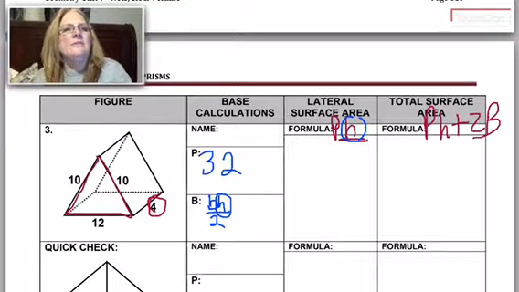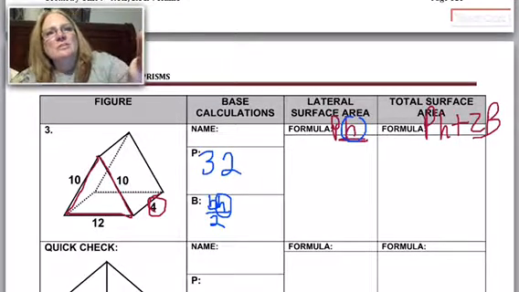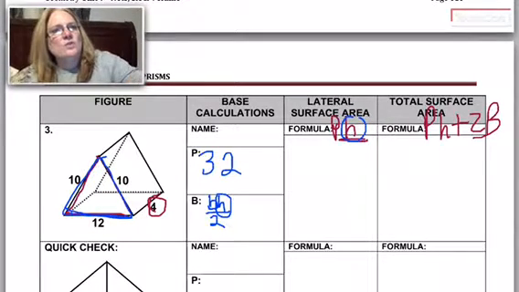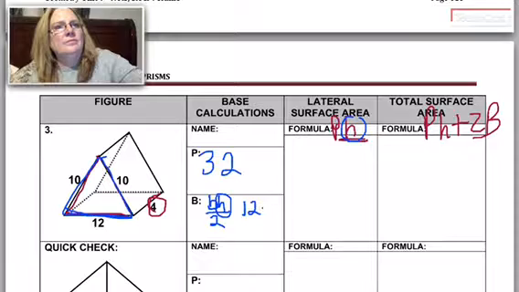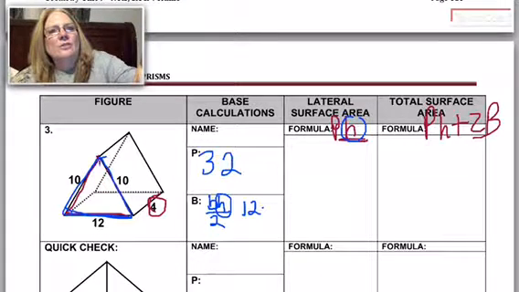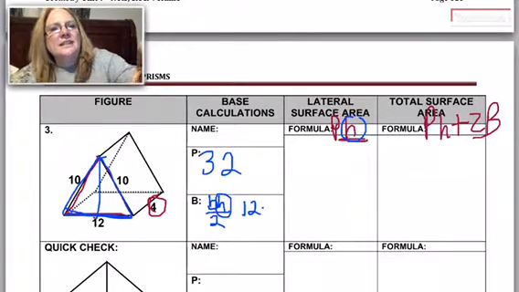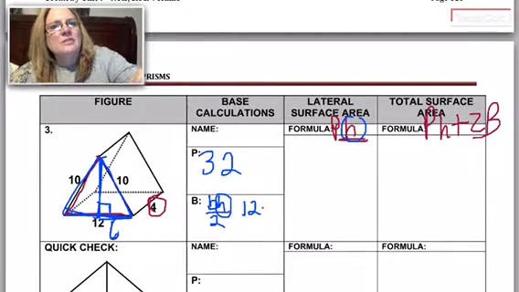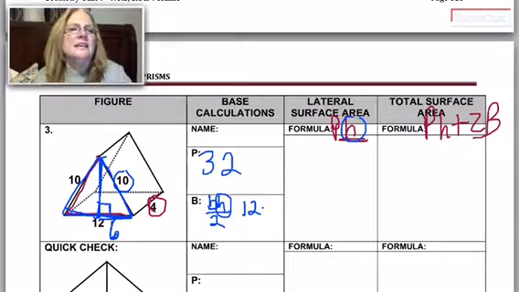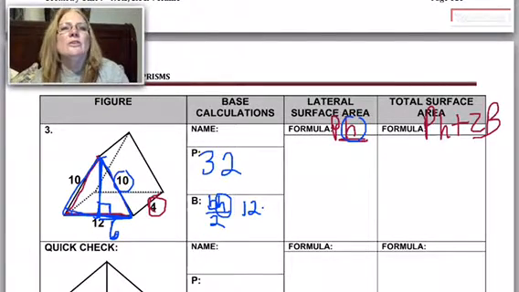And now we need the area of the base. So here we're talking about just this triangle. So the base of the triangle is 12 times the height of the triangle. Well, since this is isosceles, when we draw the height, it cuts the base in half, and so we have this triangle here that has a measurement of 6. The hypotenuse is 10. You can do Pythagorean theorem, or hopefully you recognize that this is a triple, but if